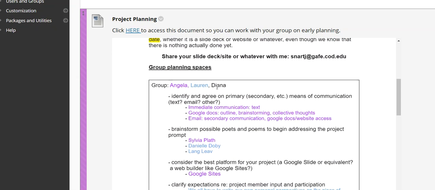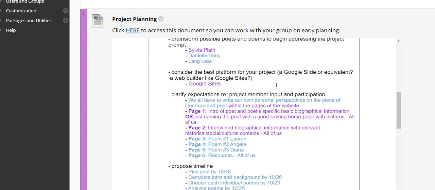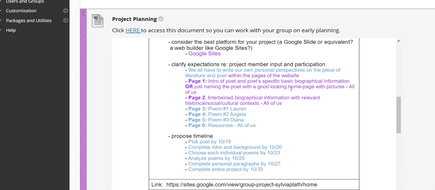And you'll see that each of the groups, as they now exist, has their own little box to work in. Angela, Lauren, and Diana have done a great job of already jumping in here and tossing out some ideas, some possibilities. I'm guessing that the color coding is by person, which is really clever. I like that. I'm totally going to use that at some future date. So this is really important, right? Even if it's kind of messy at this point, or just possibilities that you're thinking through.